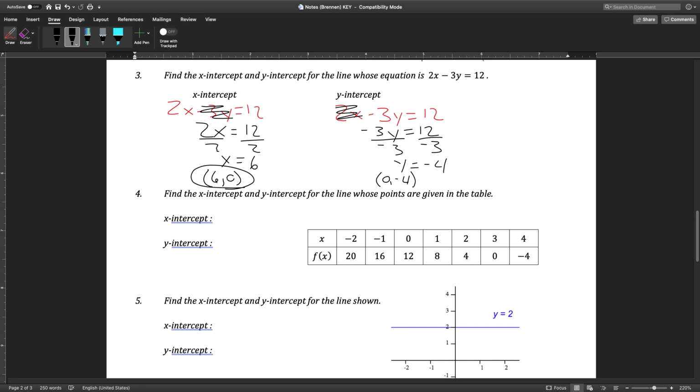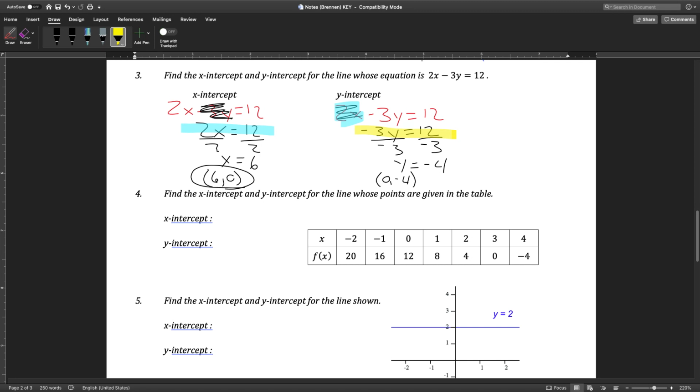Now, the reason I know that we plugged in a 0 for y is because we crossed it out here in the x-intercept. Negative 3 times 0 gives us 0. That's why I'm able to say that I'm left with 2x is equal to 12. Same thing when I go to find my y-intercept. When I plug in a 0 for x, that cancels, and I'm left with negative 3y is equal to 12. That's how I know that my y is 0 in my first point, and my x is 0 in my